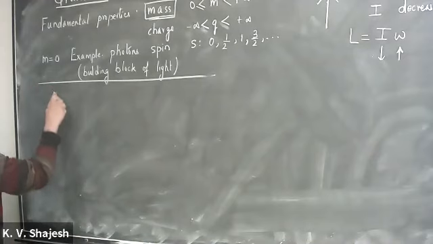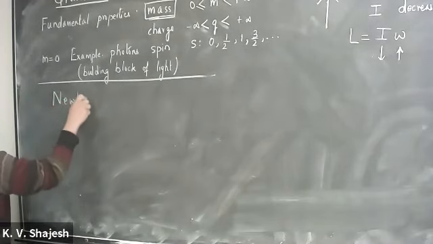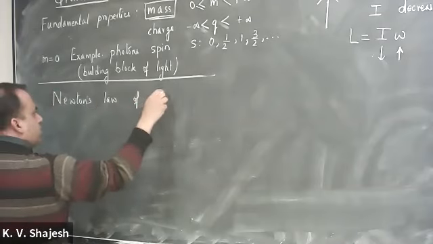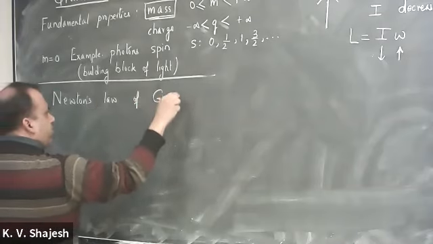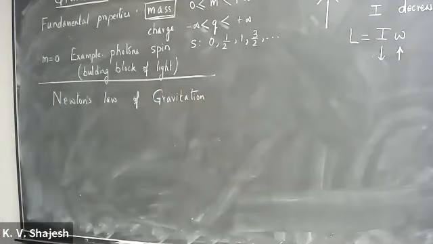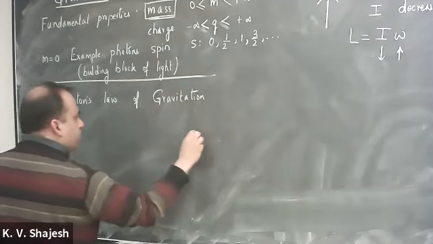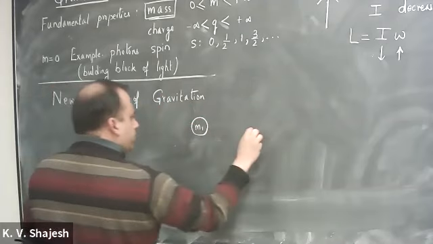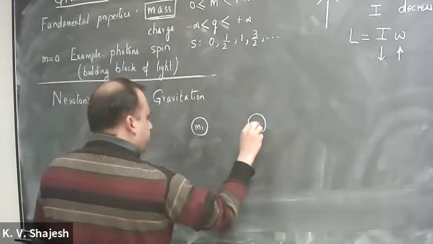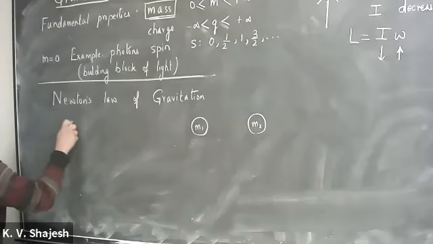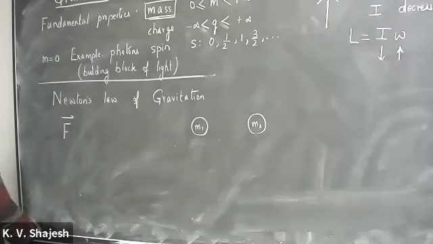So Newton's law of gravitation. This should be differentiated from Newton's laws of motion. This is Newton's law of gravitation. It tells us that if any two objects have masses m1 and m2, then each one of them experiences a force from the other mass, and this is the force F, let me say, onto